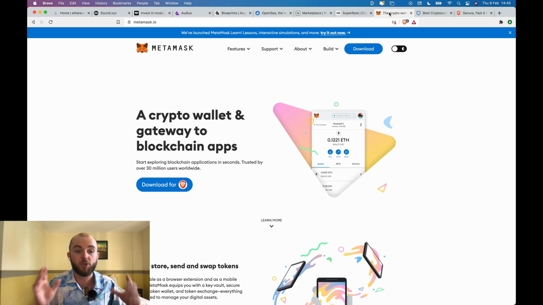Now, if you're wanting to store and interact with NFTs in crypto, you need a crypto wallet. And ideally for Web3, you want a Web3 wallet, something that will integrate with your web browser. This has all your assets in one place, be that NFTs or tokens to buy them. One of the largest Web3 wallets that you can get is MetaMask, and this has over 30 million users worldwide. It is well tested and widely integrated with many protocols.